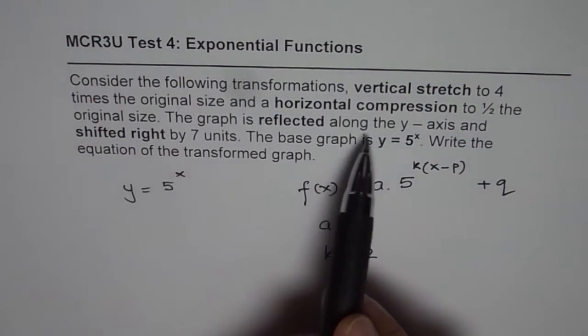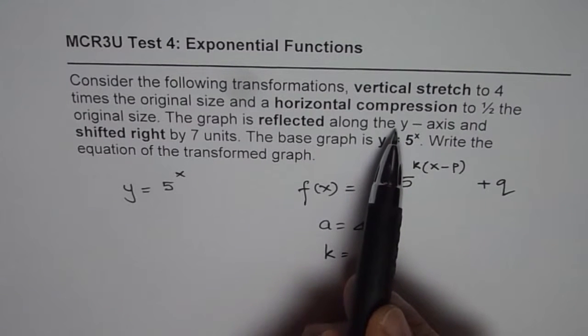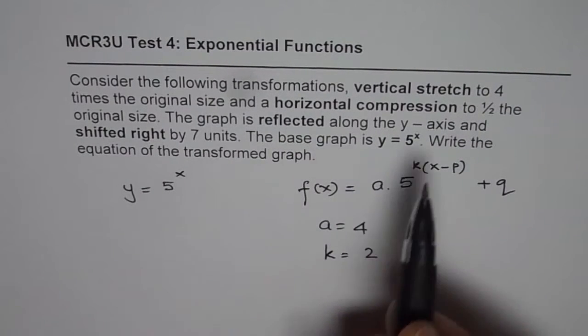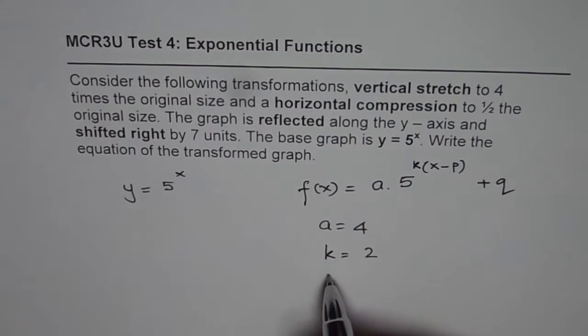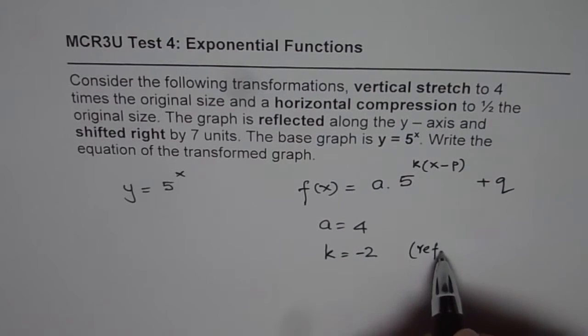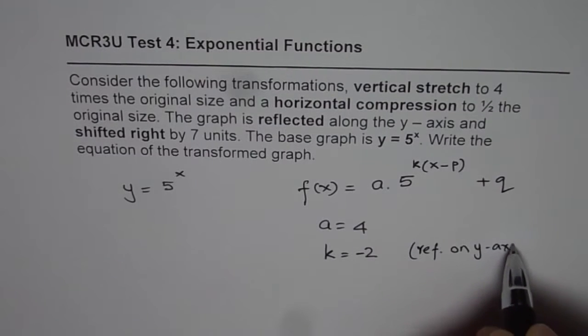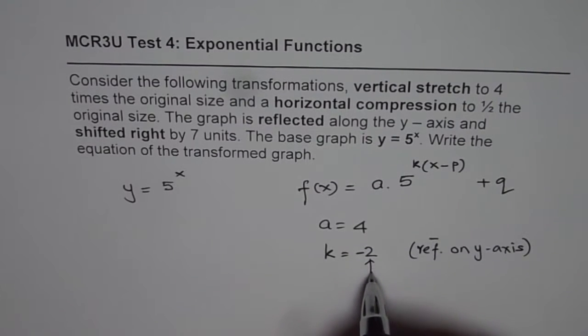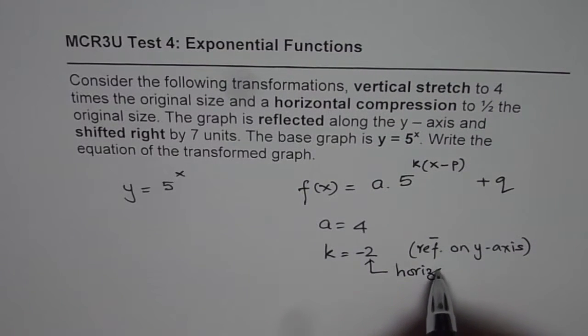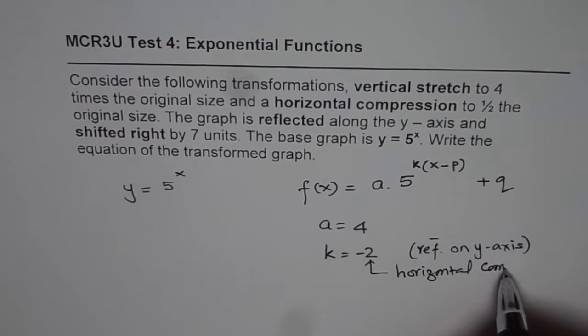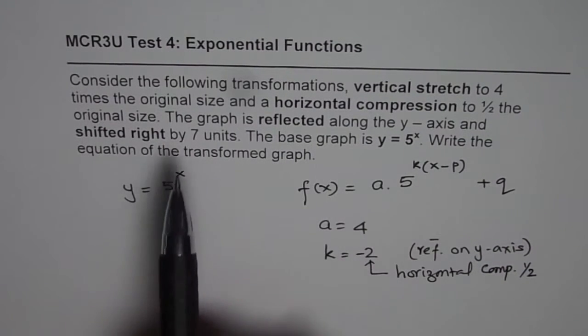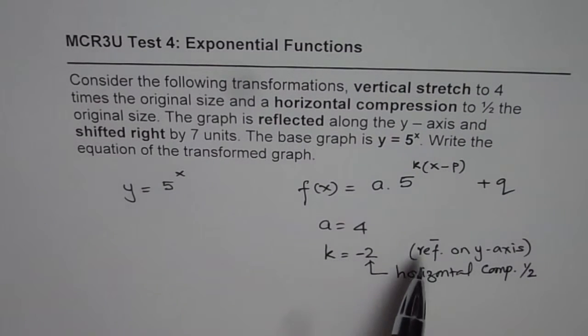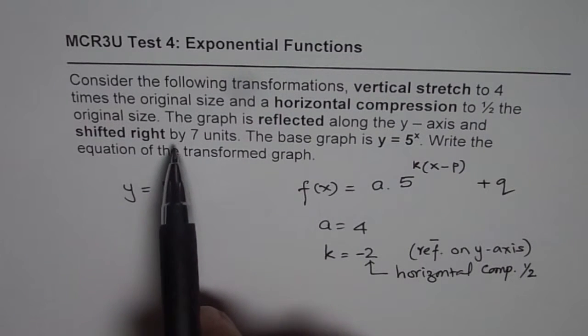The graph is reflected along the y-axis. If it is reflected along the y-axis, that means there is a horizontal reflection, so k is actually negative. So we'll make k negative 2. Negative because of the reflection on the y-axis, and 2 is because of the horizontal compression by half. The graph is reflected along the y-axis, which we have taken care of, and shifted by